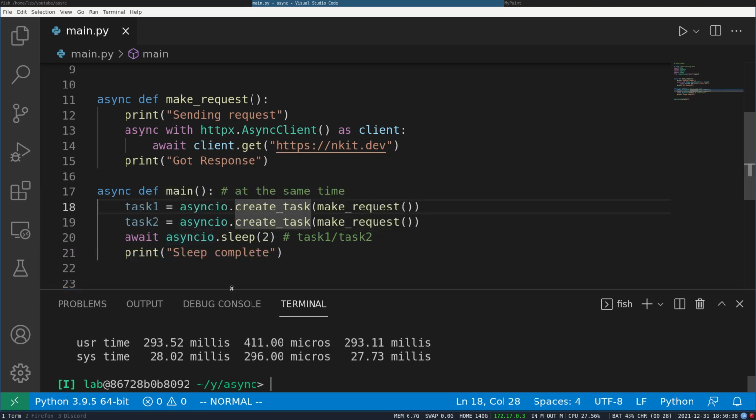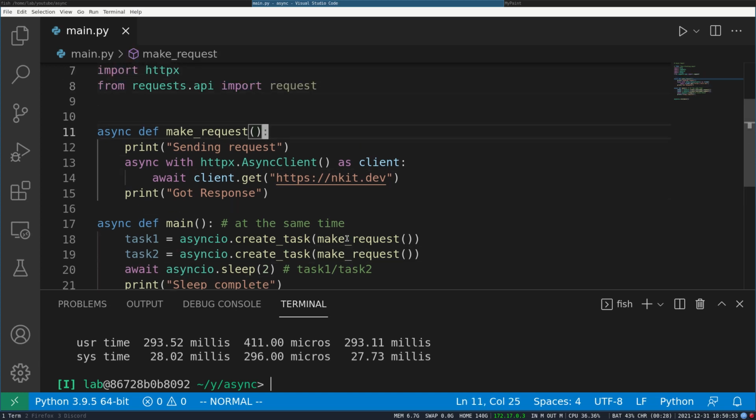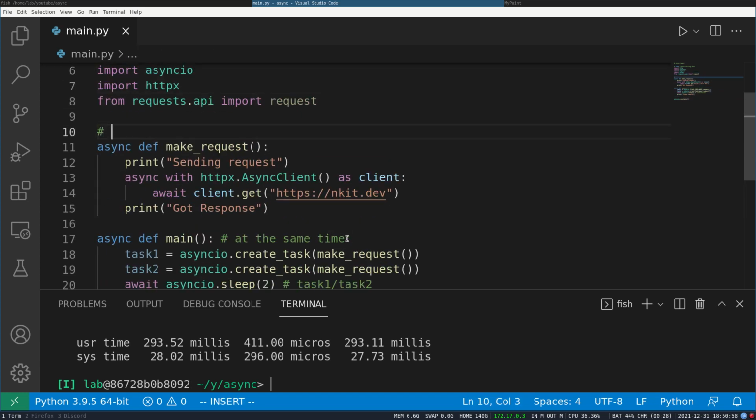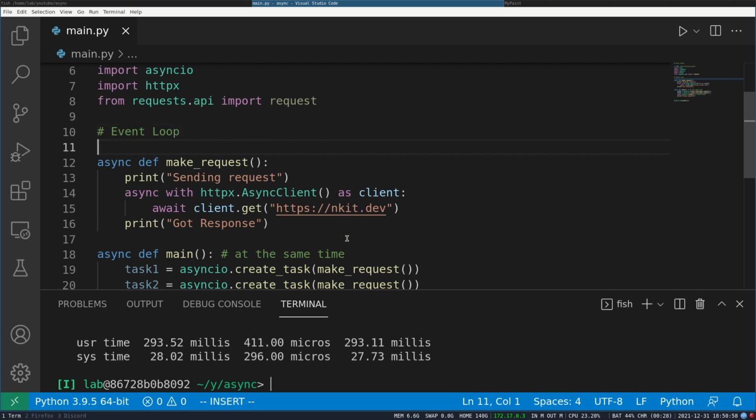So this is task 1, where you can create the task and it will keep running in the background. As soon as it gets a chance to run anything, it will switch between different tasks. How it decides which task to pick next is the event loop. So the event loop is like a list of async functions which tells what to do next. There will be task 1, task 2, task 3.